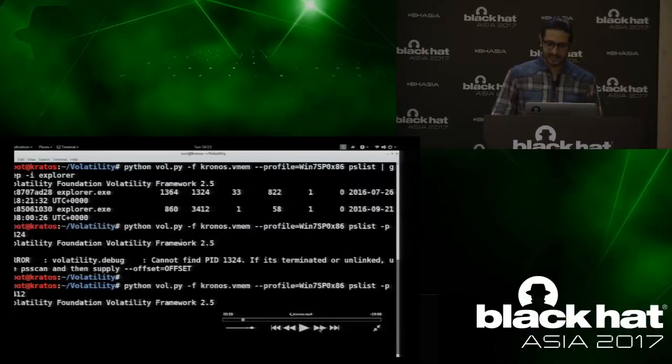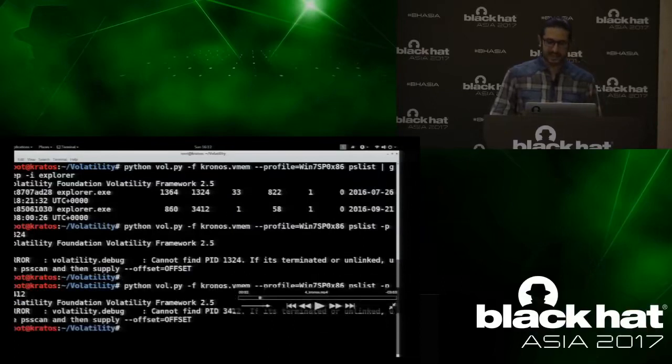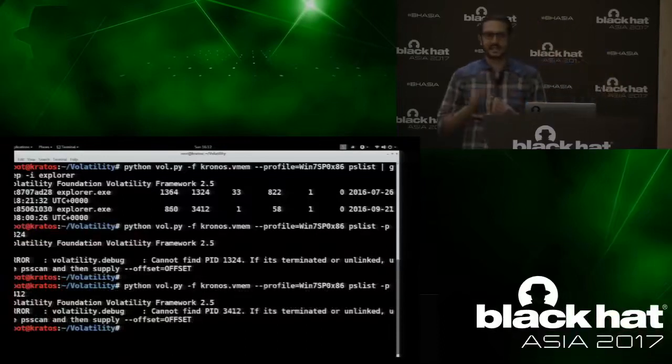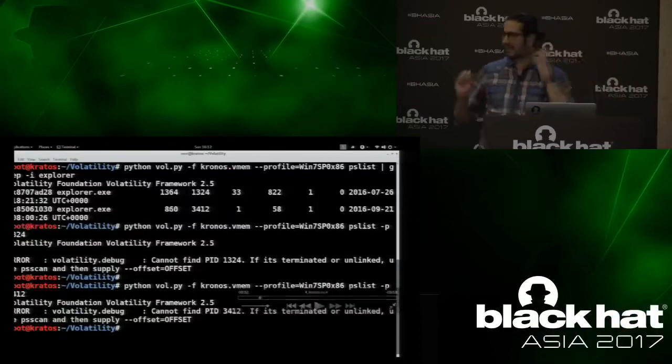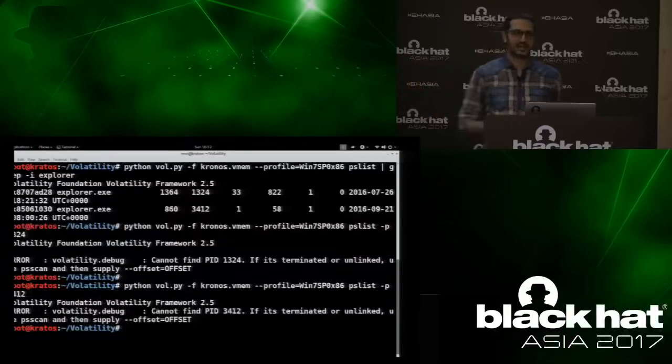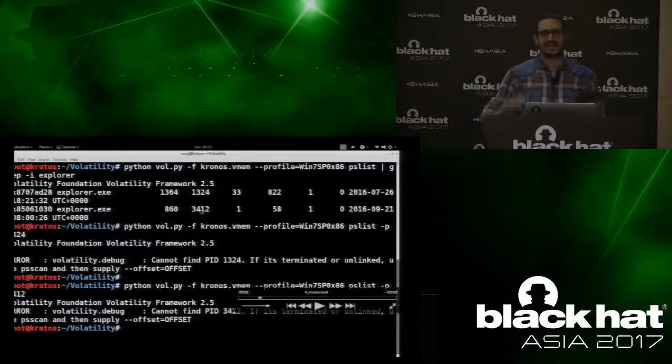Let me show you that. Because you see here, both parents are not present in the memory listing. Because when a clean system starts, userinit starts explorer.exe and terminates itself, which is not in the listing. In the same way, a malware can start explorer.exe, inject code, and terminate itself, which will also not be in the listing. But there are other signs that you can look for, like the creation time and so on, and still spot it. So let me tell you, this is the explorer.exe that is bad.